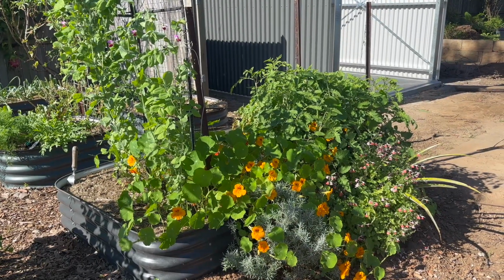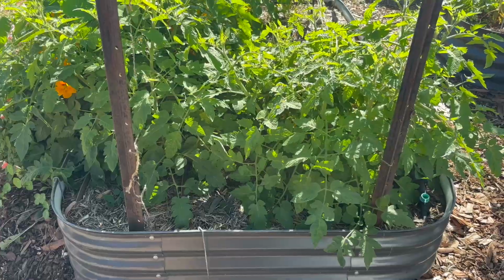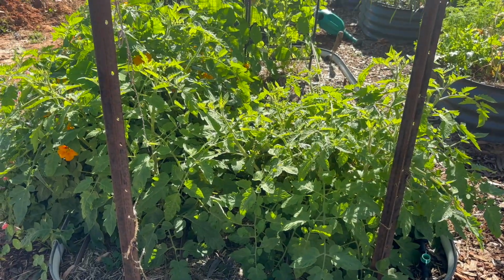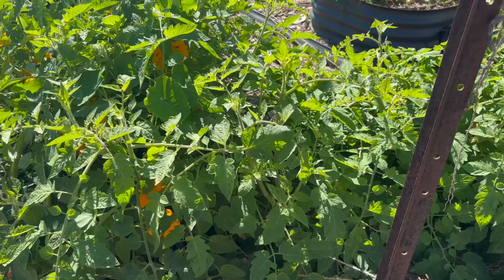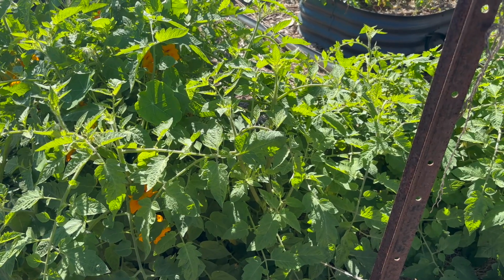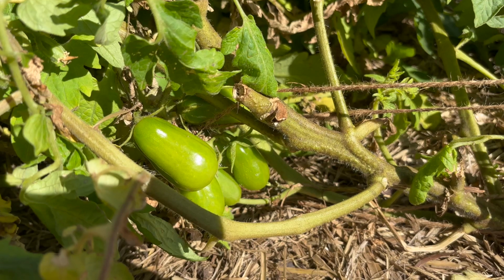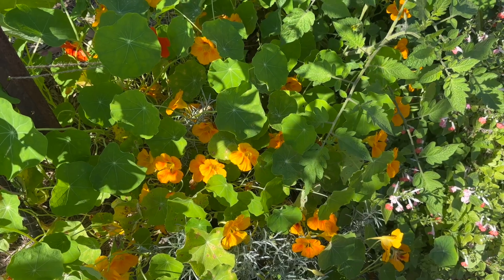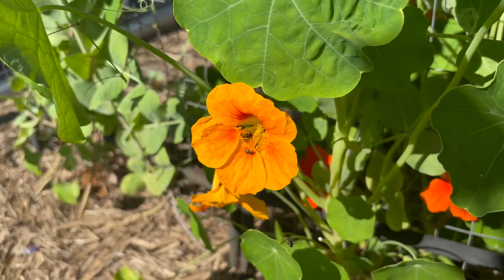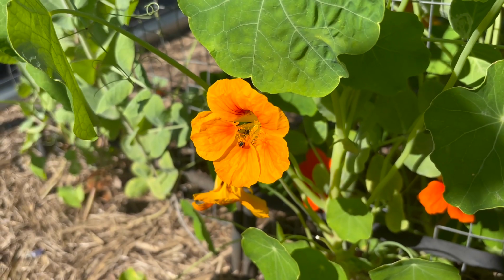The San Marzano tomatoes that I planted back in March as well are doing really well. I did initially plant out 6, but I lost 4 and then replanted another 2. I assume it's the same bug that is eating my seedlings. We've got fruit on them now, which is great, and I'm letting the self-sown nasturtiums just grow wild in between